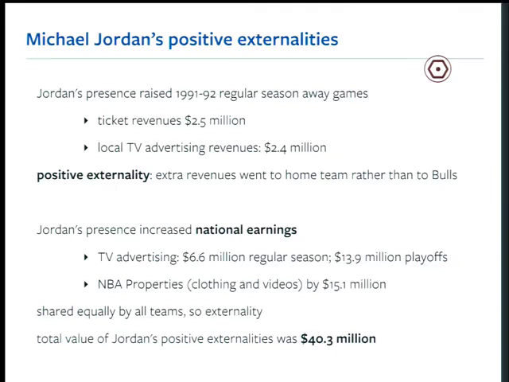So the notion here is that during regular season away games in the 91-92 season, that's when I graduated from high school, ticket revenues went up by 2.5 million during away games when the Chicago Bulls were in town versus not. And local TV advertising revenue in markets that showed the local basketball games when the Bulls were in town also shot up. So there was a positive externality of Jordan coming to town, which is these extra revenues that went to the home team in the form of higher ticket sales for these games when the Bulls were in town compared to the average team that came to town, and increase in local advertising revenues. Trying to figure out these numbers is tricky because you've got to make sure you subtract all kinds of other confounders, but these are pretty good estimates.